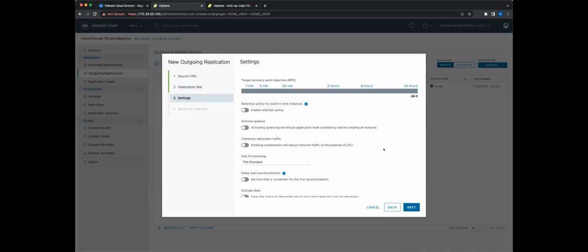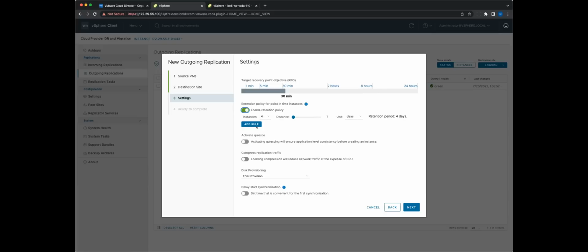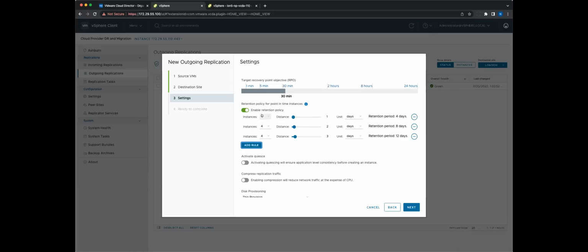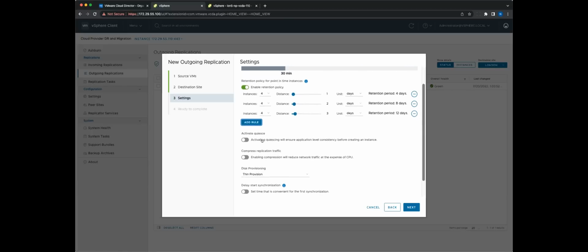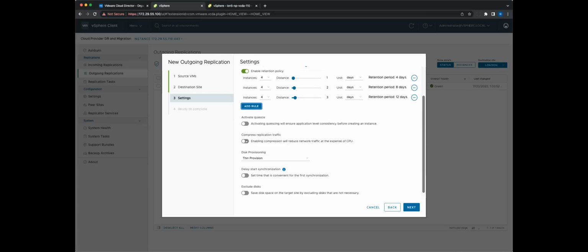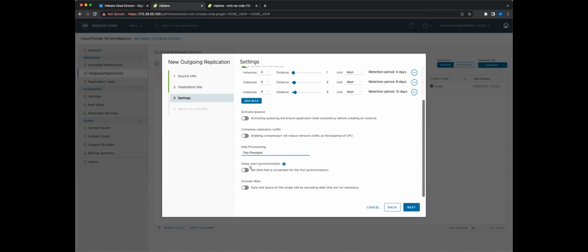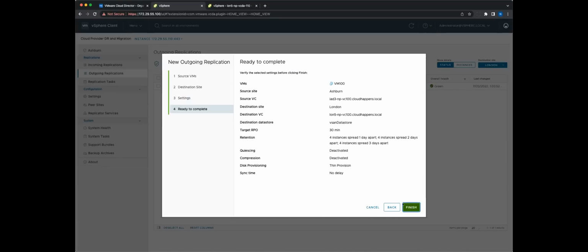And for replications, we have control over the RPO settings. We can define as minimum as 1 minute of RPO. We can have advanced retention rules. Similarly to VCD-based clouds, we support up to 24 instances, and we can define different distance for each one of them. We can activate quiescing, compression of replication traffic, select the disk provisioning type, if it should be thin or thick provisioning, delayed initial synchronization if needed, and excluding or including disks. After we configure that, our